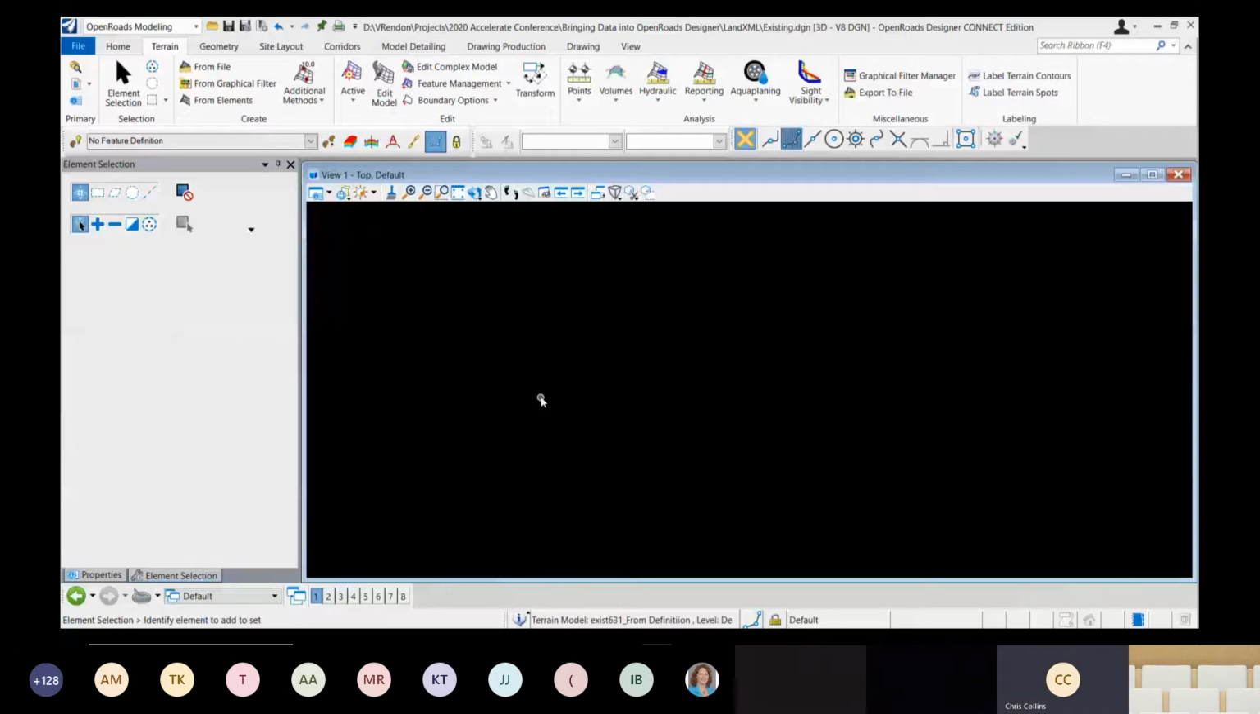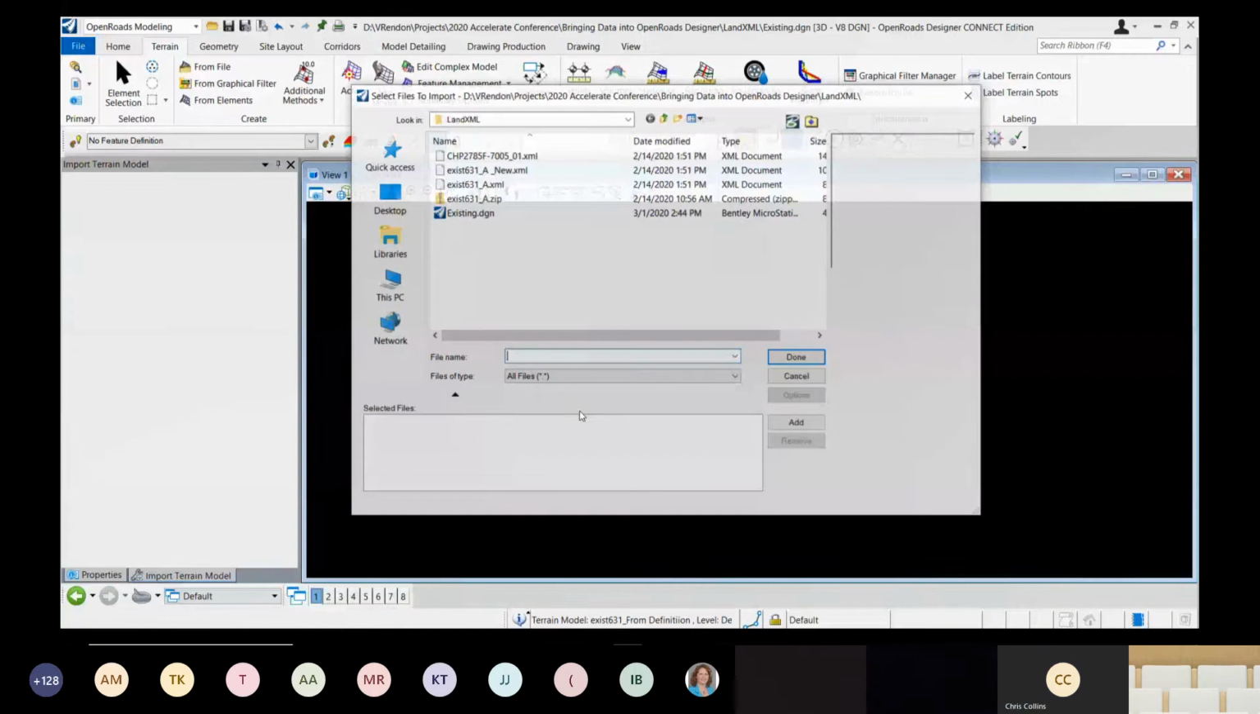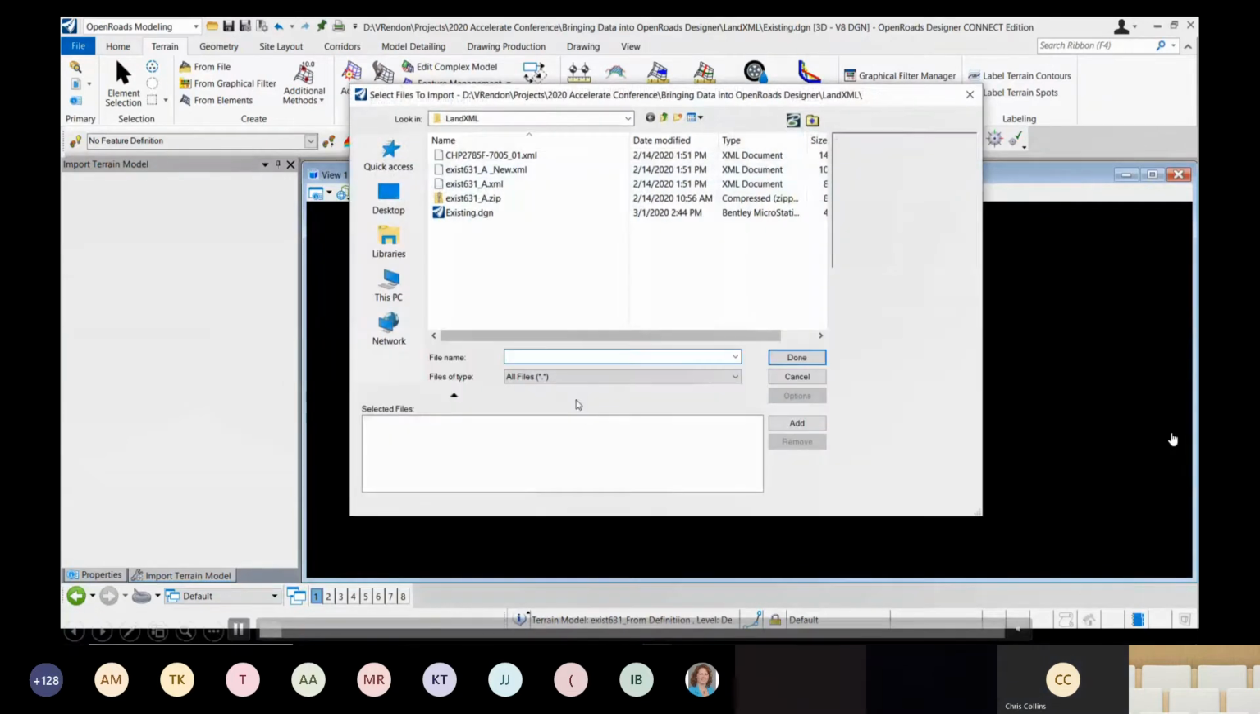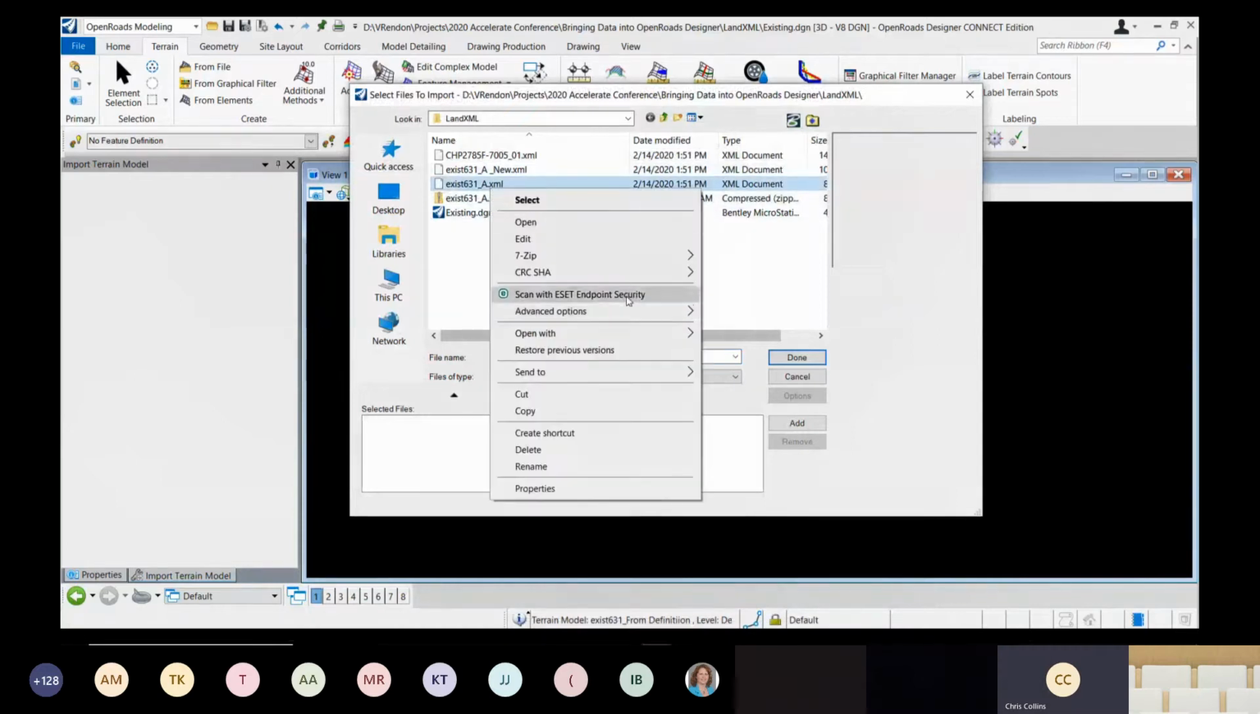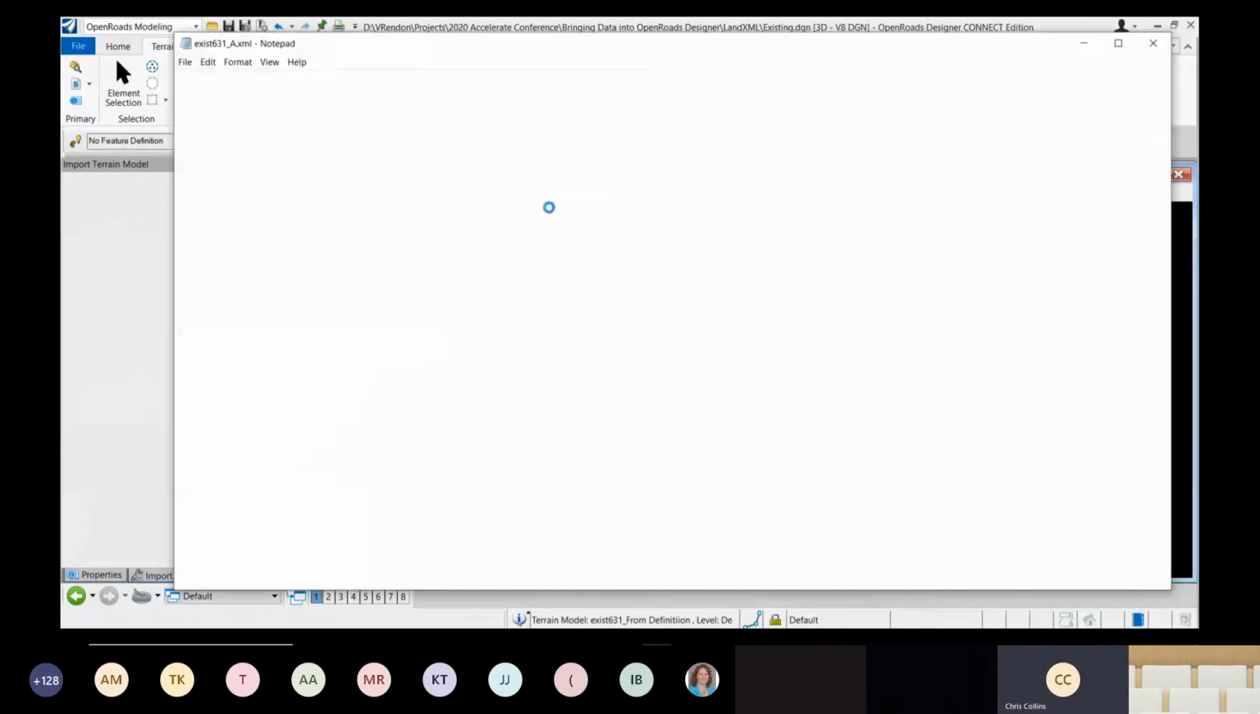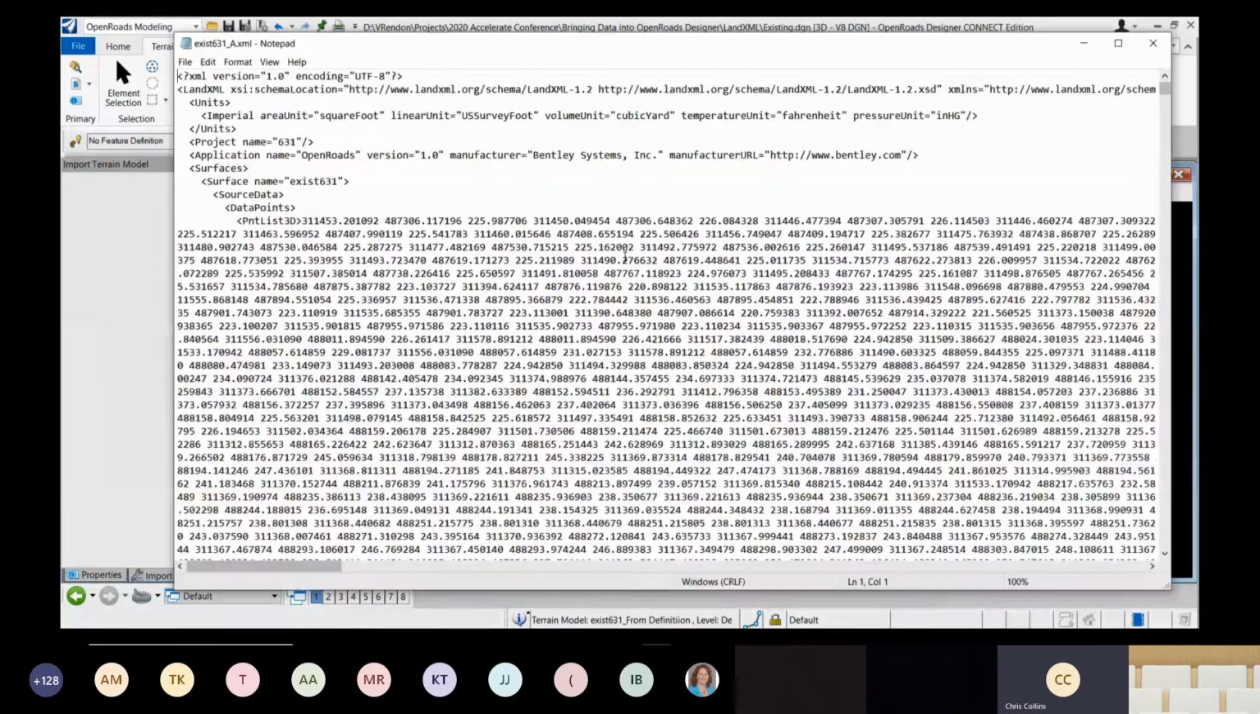And here we'll just go through and show you how to import LandXML. So we're in the 3D file here, and we go to the import option here. Select our XML data. We'll just have a quick look at that first, and I'm sure most of you are familiar with XML files, but here you can see the